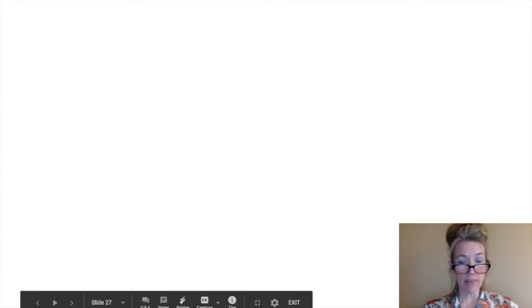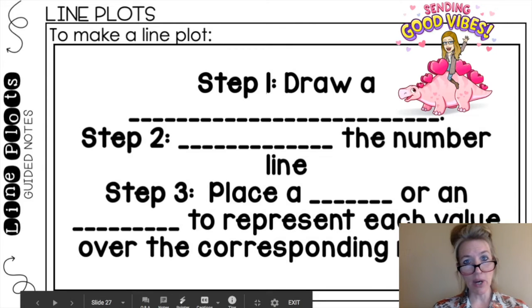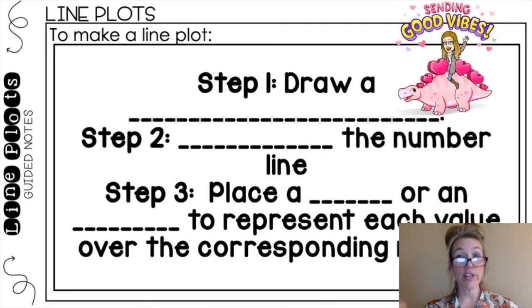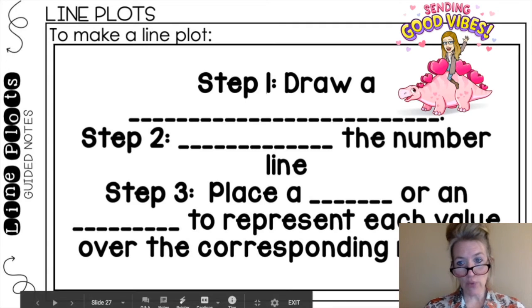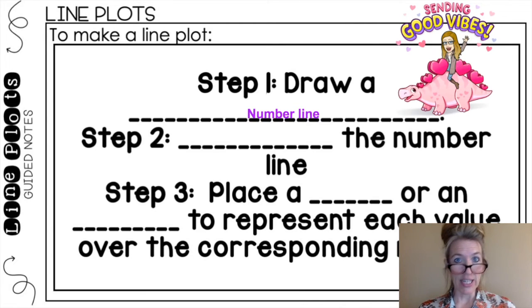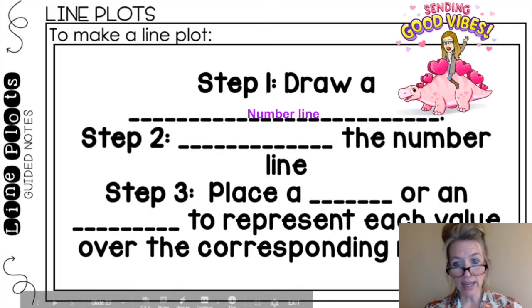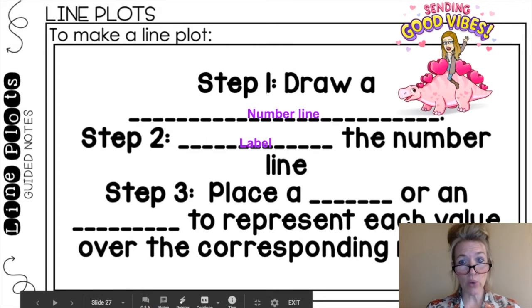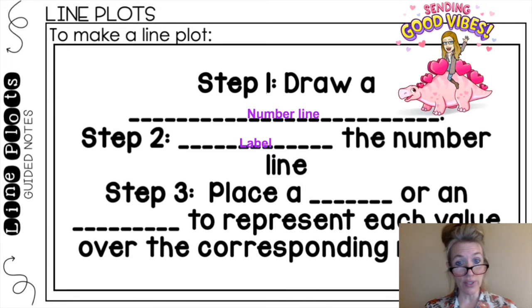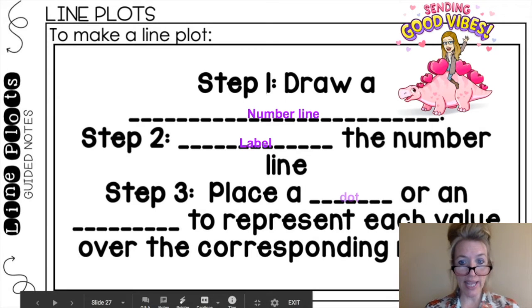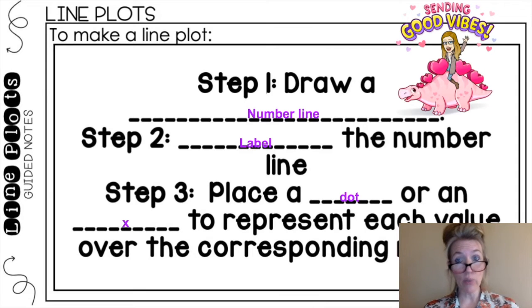Okay, I'm going to move on now to the next part. If we were going to actually create our own line plot, and we're going to do that tomorrow, you would need these steps. So you're going to draw a number line first, and I know everyone should be comfortable doing that. Number 2 says that we're going to label that number line, and remember, we're going to use consistent intervals. And then we're going to place either a dot or a little X to represent each value over our corresponding